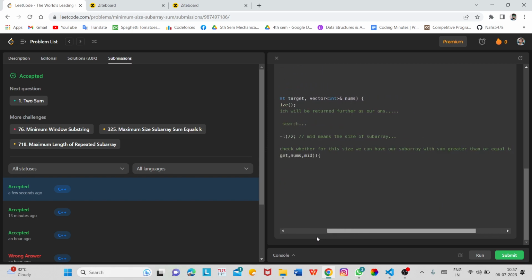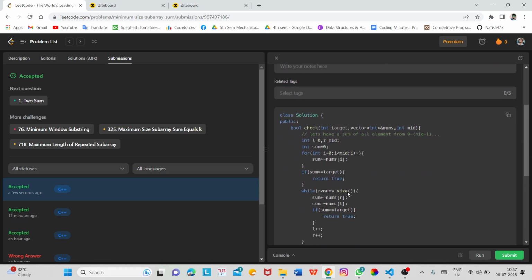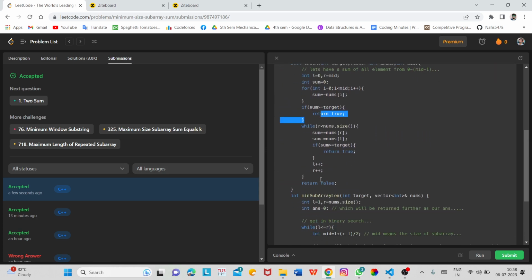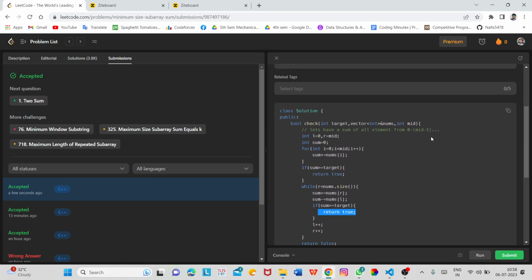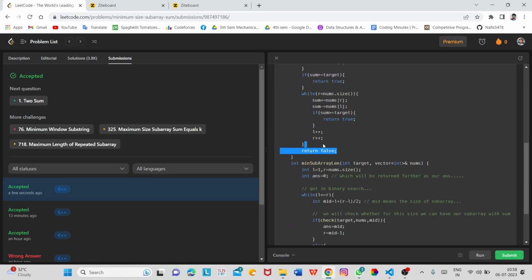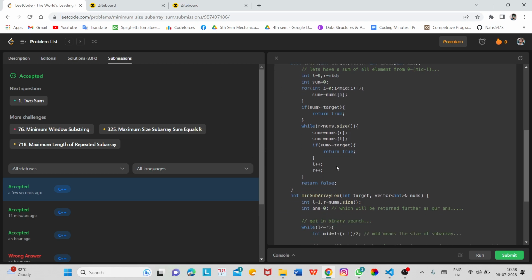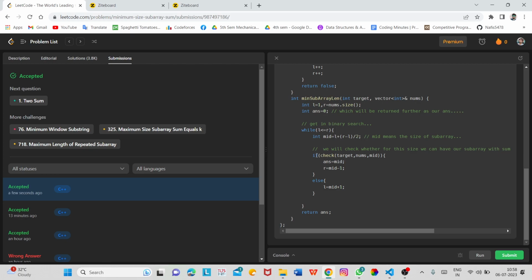So if this value is returning true, which means we have a subarray with this particular size whose sum is greater than or equal to target, otherwise we will return false. So if we have a subarray corresponding to such size, we will first store our answer, and then we will check for lesser size.